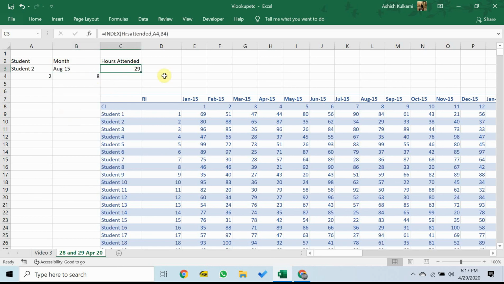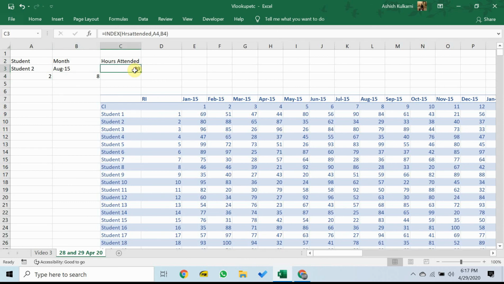And I do. This ends up being 29, which is what is written over here. It simply is the intersection of the second row and the 8th column. All that the index function does is it gives you whatever value is to be found at the intersection of the nth row and the kth column. That's it. That's how you get 29 over here.